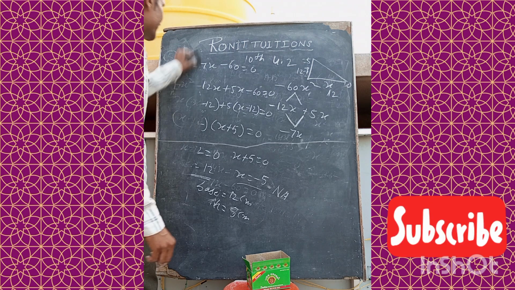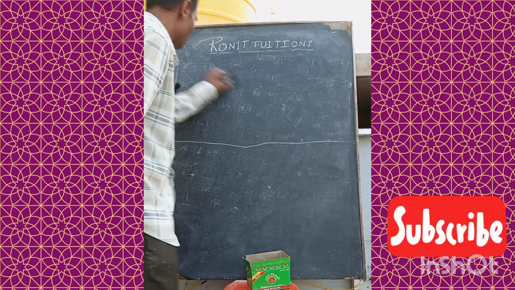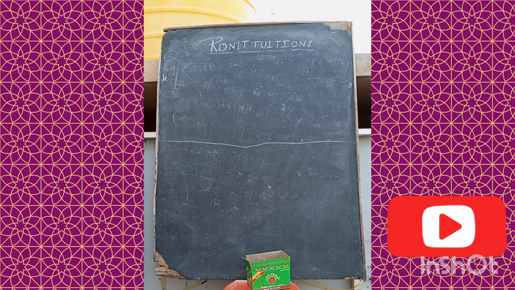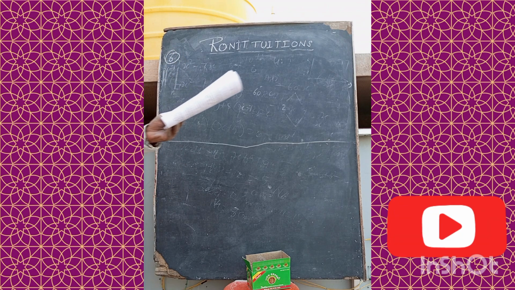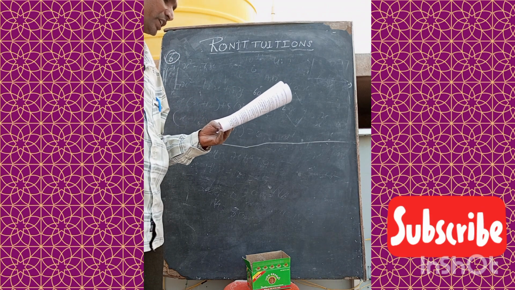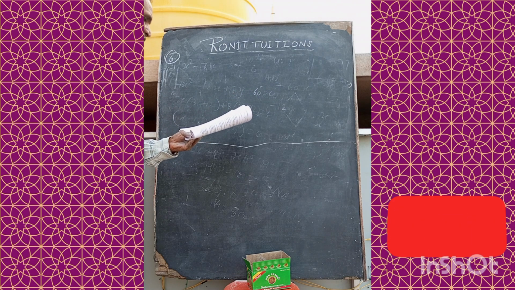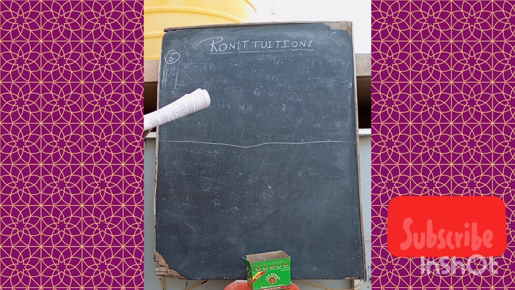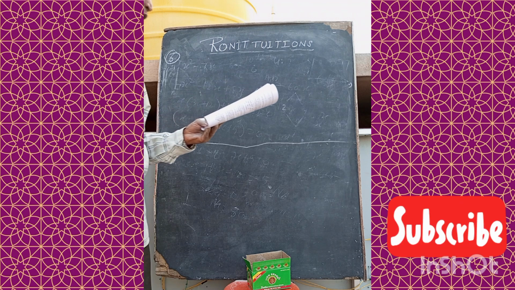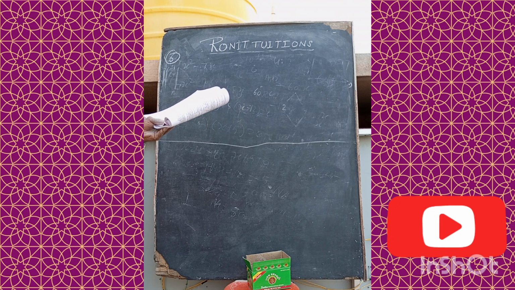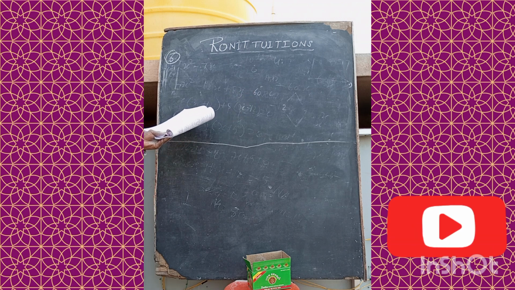Next we go to question number 6, the last question of this exercise. A cottage industry produces a certain number of pottery articles in a day. Say x articles are produced. It was observed on a particular day that the cost of production of each article in rupees was 3 more than twice the number of articles produced on that day. If the total cost of production on that day was 90 rupees, find the number of articles produced and the cost of each.